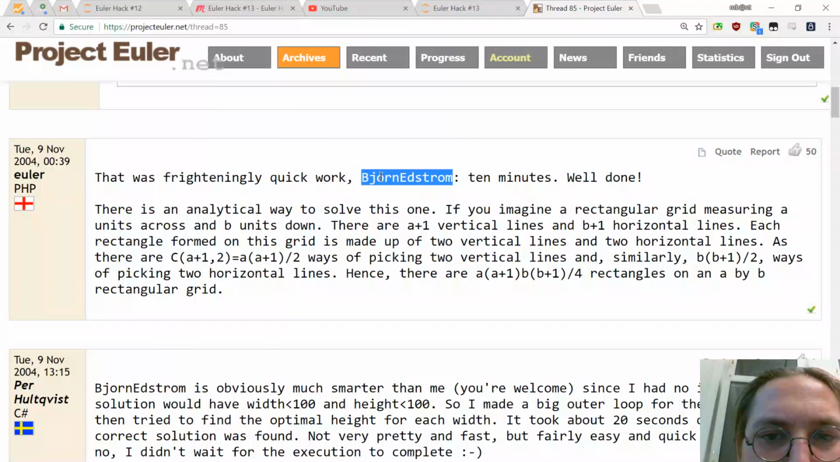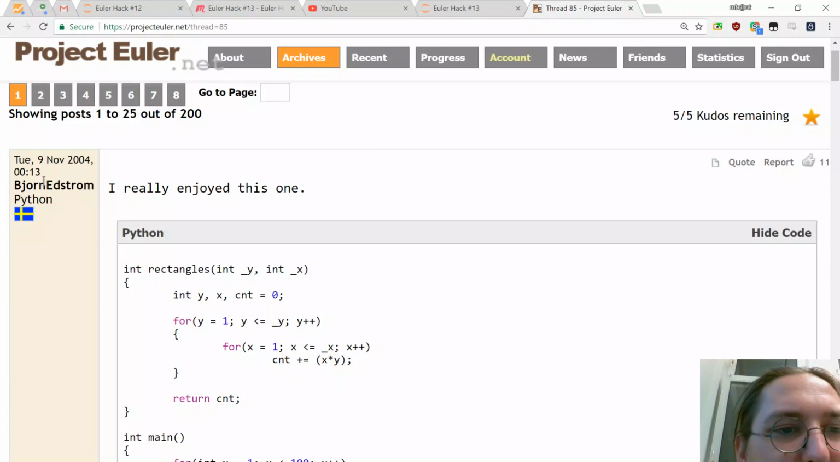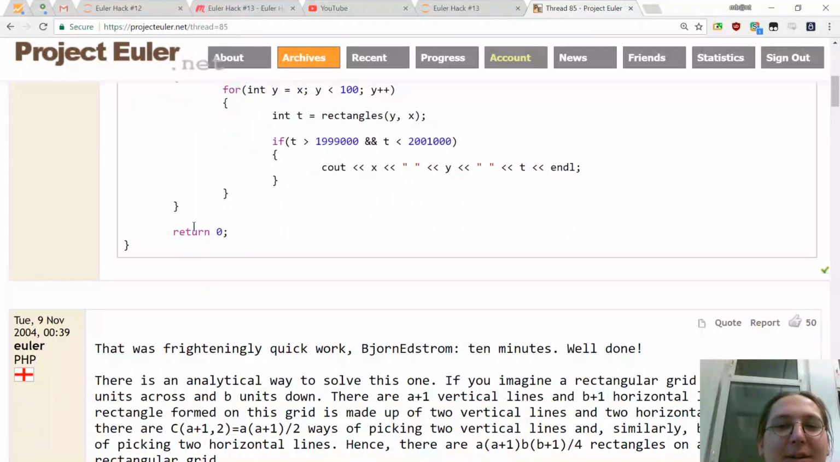Wait, there is an analytical way. The interesting thing about this one is, I think the problem is released at some point, right? Probably at midnight, and 10 minutes later he has a solution. But is there an analytical way to solve this one? If you imagine